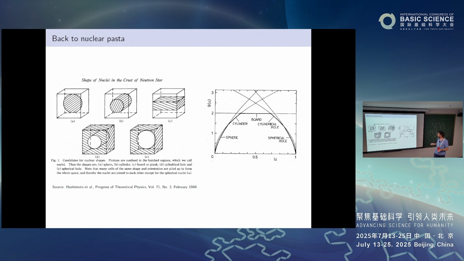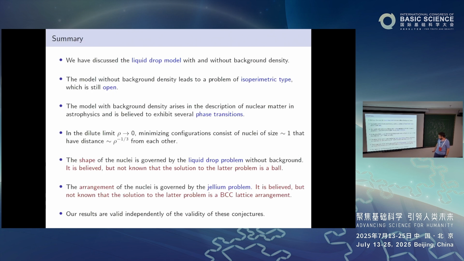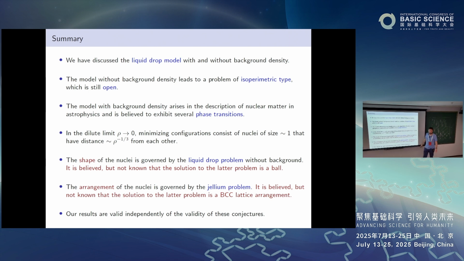You can read this as many conjectures, and there are lots of things to do. Let me summarize what I told you in this talk. So we're getting to the end. We have discussed the liquid drop model in 2 different flavors, once without background, once with background. Without background, we've seen this isoperimetric problem where it would really be nice to say something. This is both because it's a nice geometric problem, but also because it appears in more complicated models, like for instance, this model with background, where in this limit we see these iron